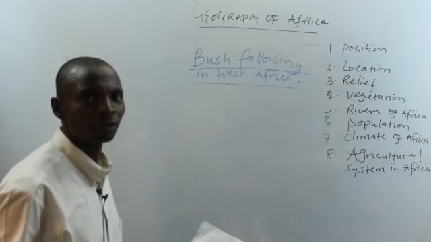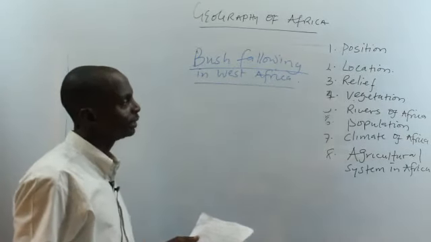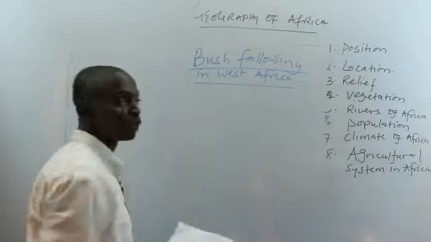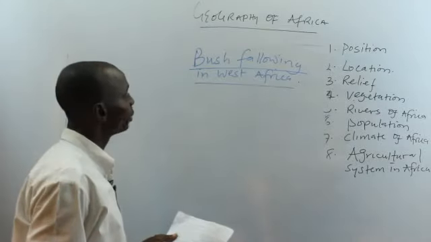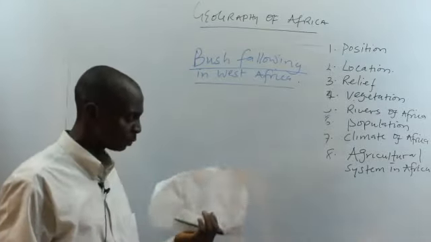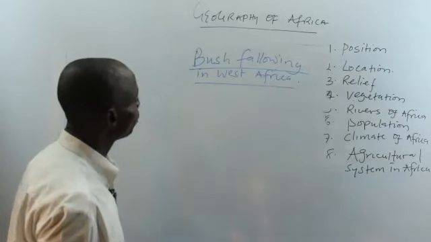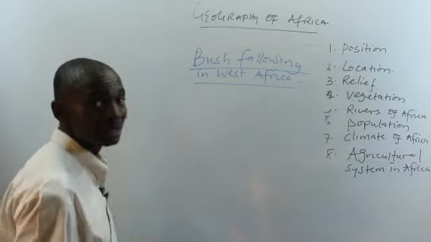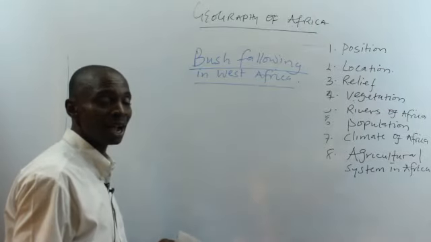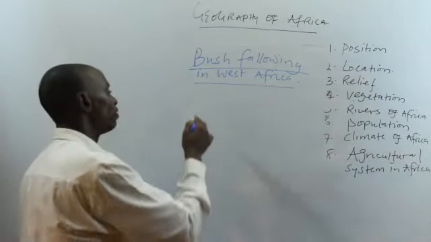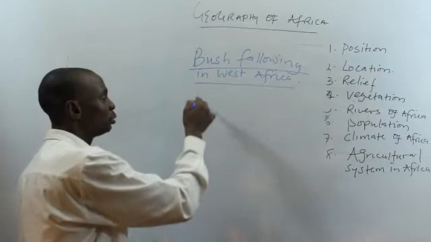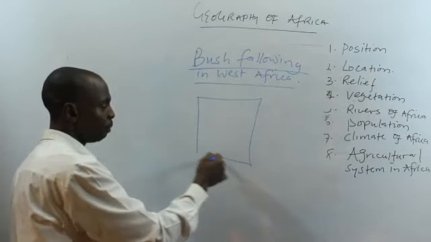Another system of agriculture practiced in Africa is what we call bush fallowing, in West Africa. What we mean by bush fallowing is a system of agriculture where a farmer decides to leave a particular portion